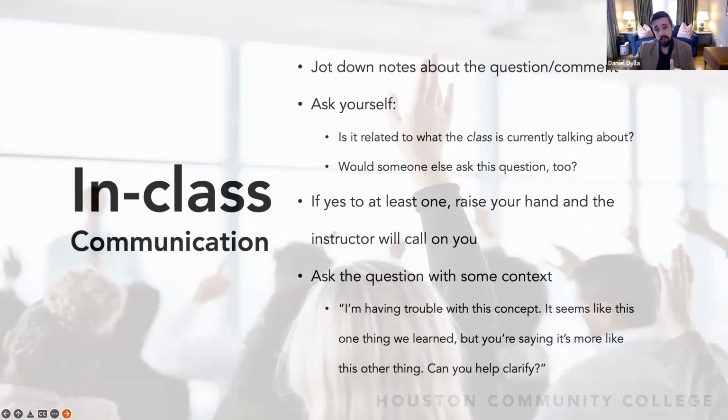Sometimes they'll do checks in the middle to see if anyone has a question. Some instructors will prefer to take questions as they come in. Some instructors will prefer to sort of put them off to the side and come back to them later. So for you, it might be helpful to write down the question. Not everything, not in full, just some notes about what you're trying to ask. Just write it down, type it in your phone,